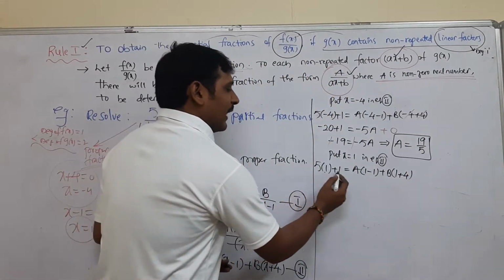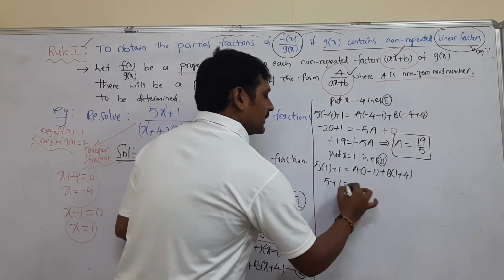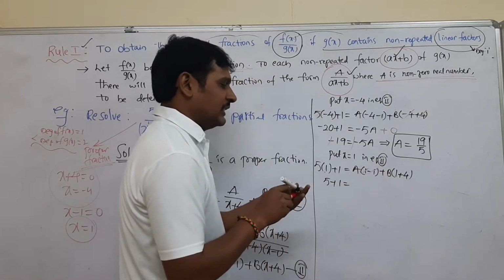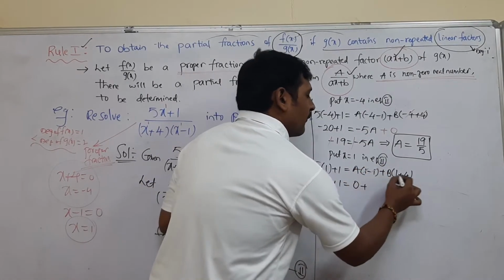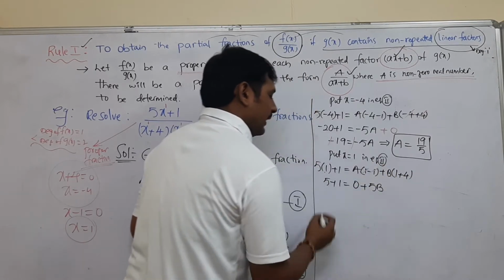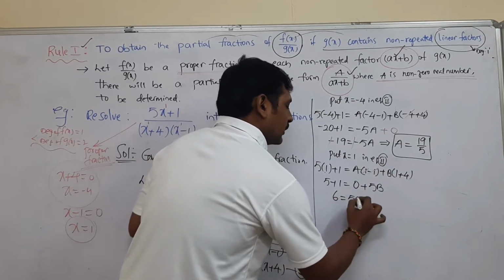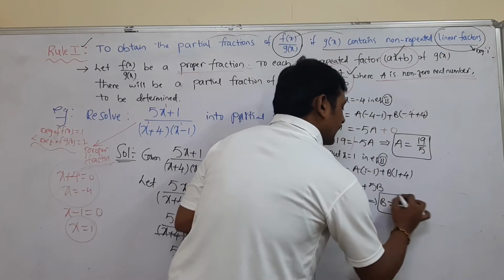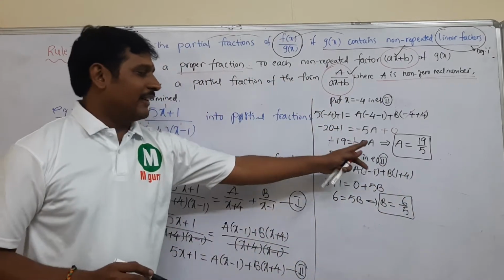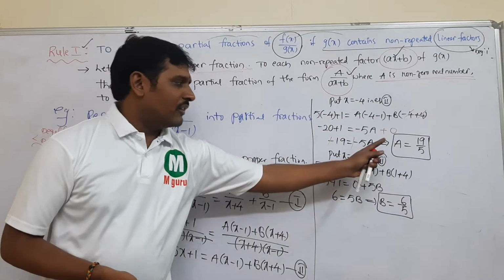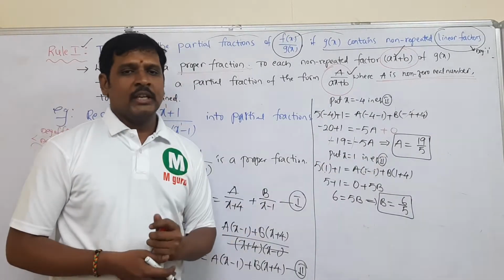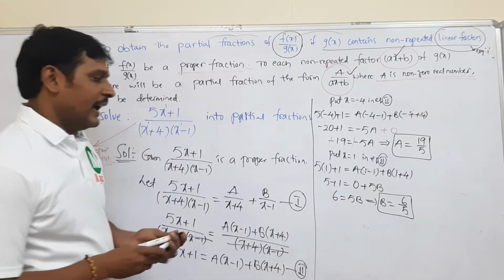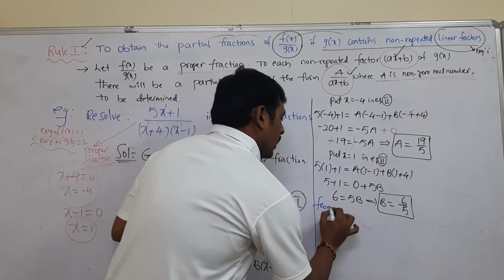Right? So 5 ones are 5, plus 1, is equal to a into 1 minus 1. 1 minus 1 gets cancelled, which is nothing but 0, plus 1 plus 4 is 5b. 5 plus 1 is 6, equal to 5b, so the b value can be written as 6 by 5. Right? So we got both the a value as well as the b value. When we have both a and b values, just replace those values in the first equation to write the final answer. Hence, from 1, what can we conclude?